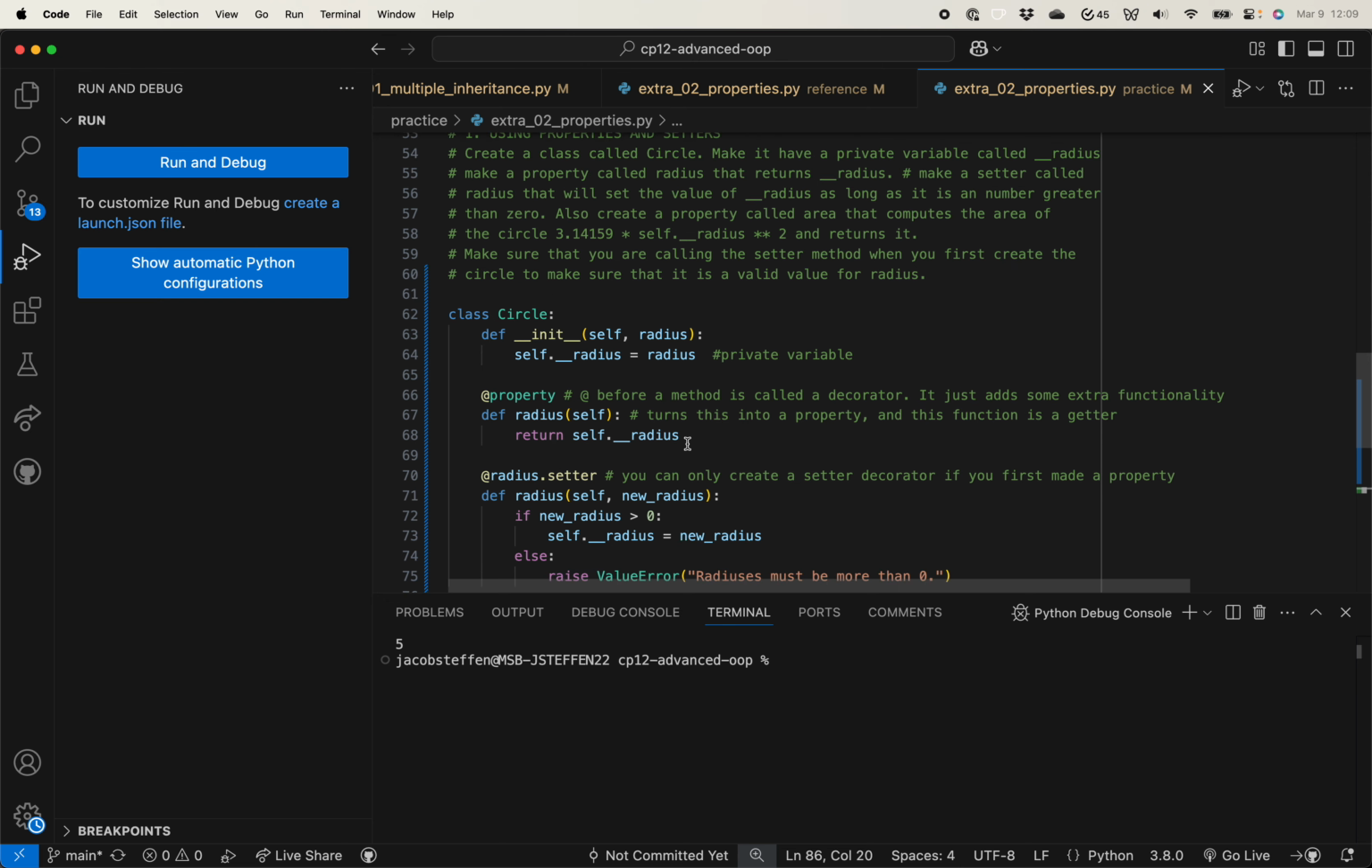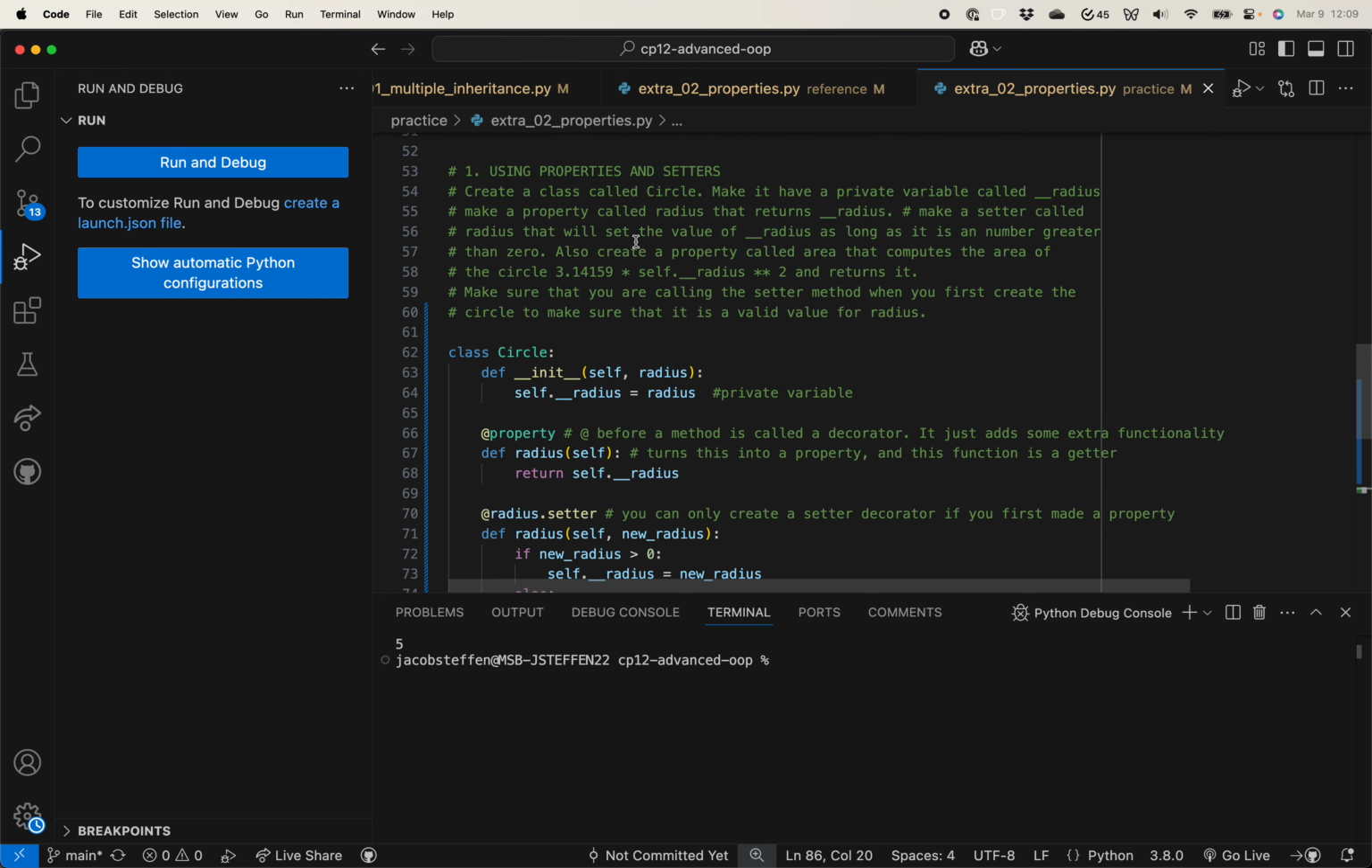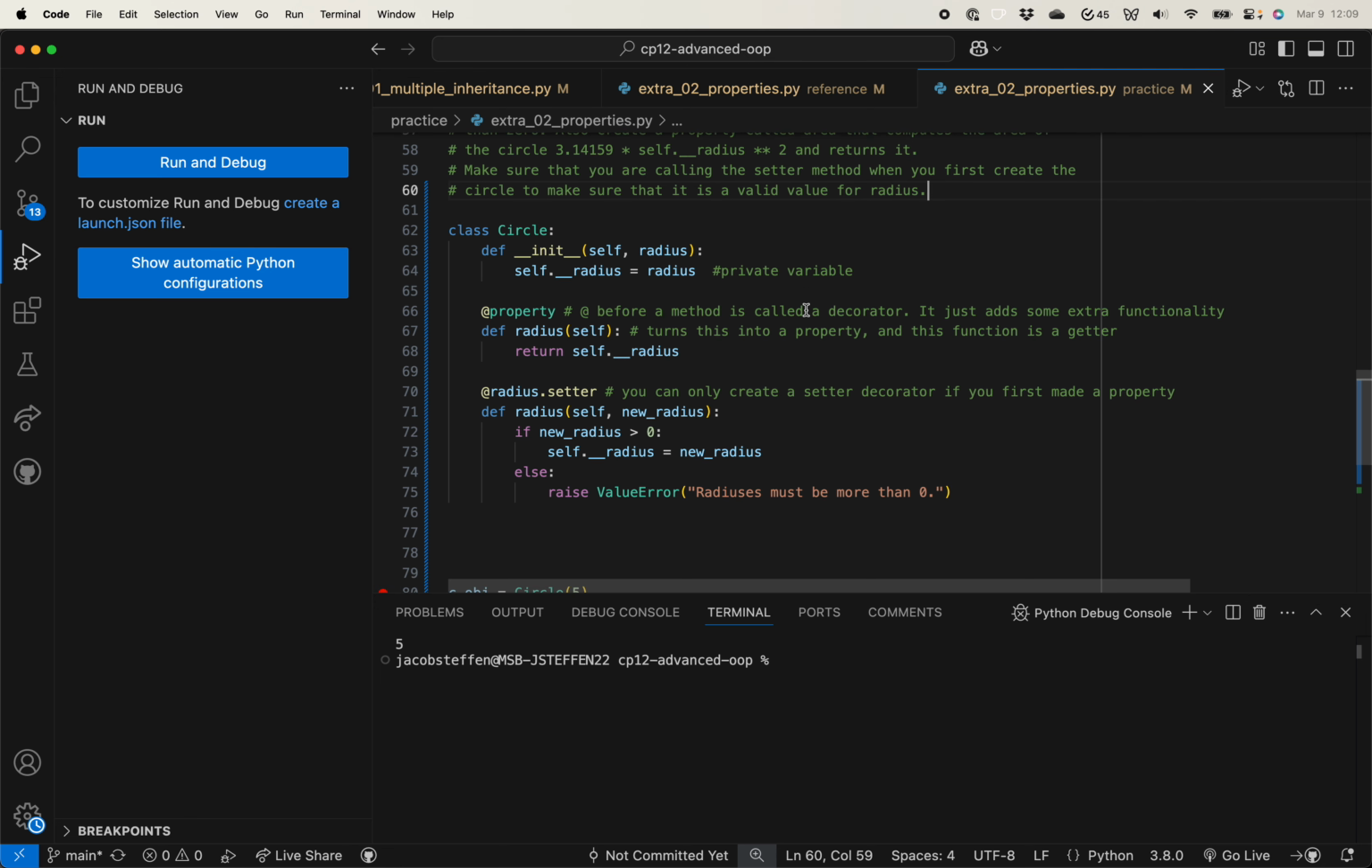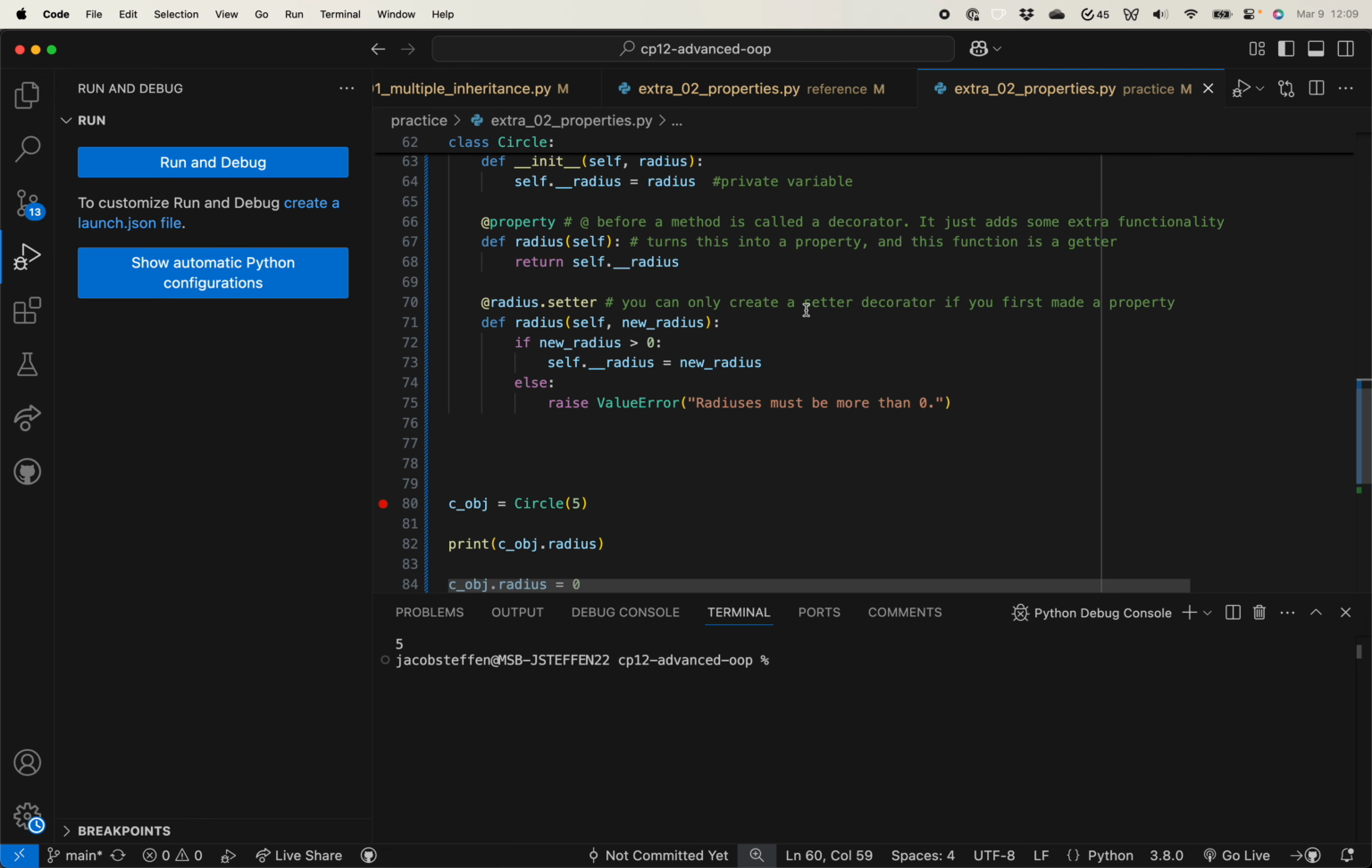Let's see, let's do one more of these. Also create a property called area that computes the area of the circle. So we have pi times self dot the private radius to the second power and returns it. Let me actually just copy this formula. It's just easier. Make sure you call the setter method when you first create the circle to make sure it's a valid value for radius. So I can do that actually. So let's do